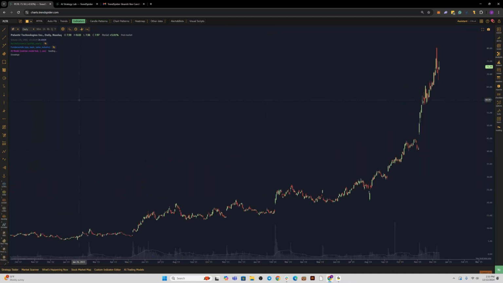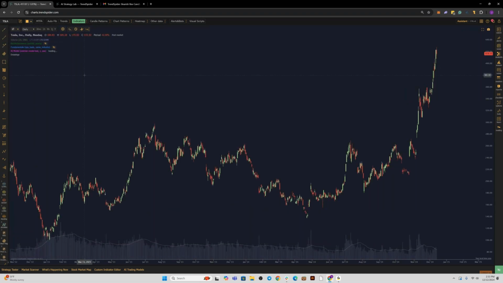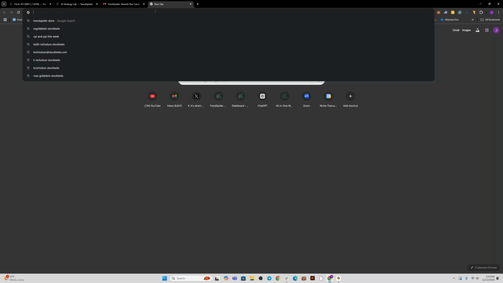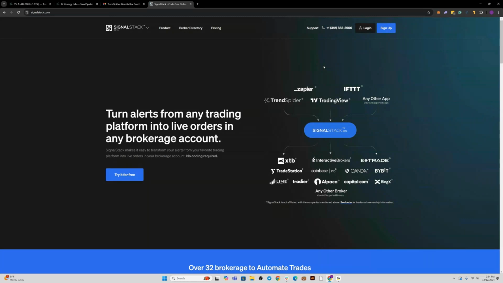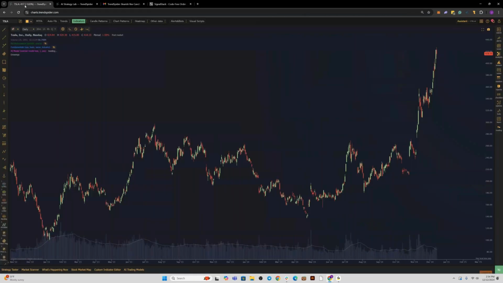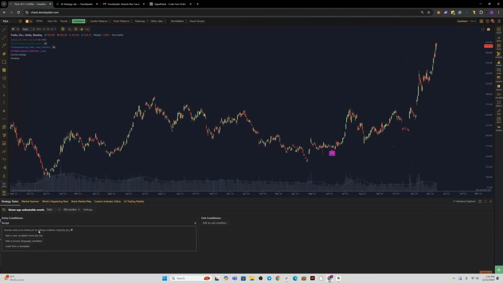Sure. So you guys run this Signal Stack service as well, whereby anyone that wants to connect the charts and the strategies that they build in your world to their brokerage, for it to execute actual live trades, they can do that with you, right? I'm guessing at some point you'll be able to connect your AI model strategy through Signal Stack, once you've built something, to automate the execution. Is that the plan? Yeah, you already can. Oh, you can do that now? Oh, fantastic.